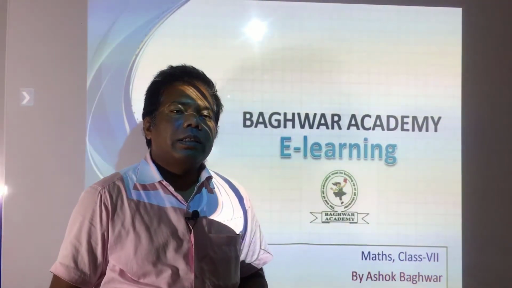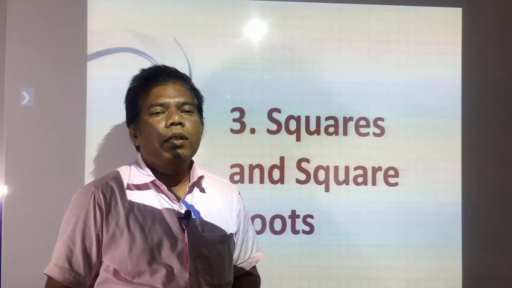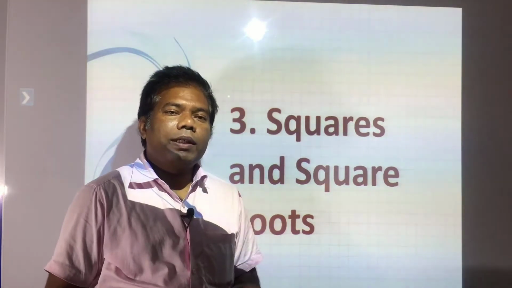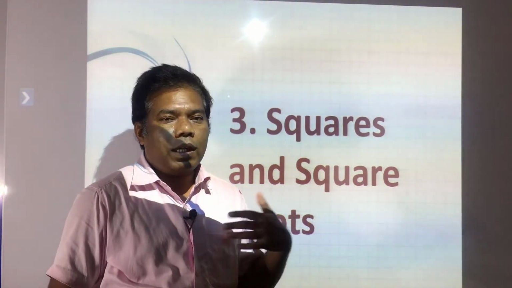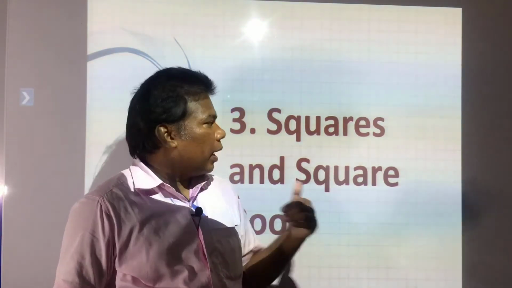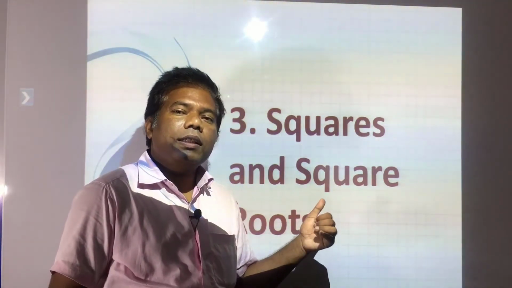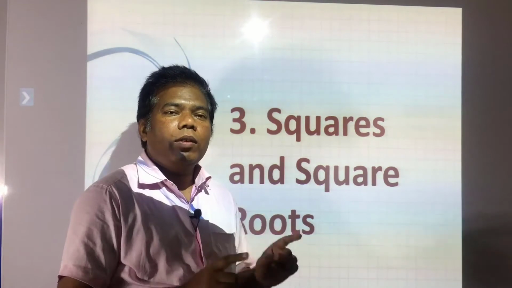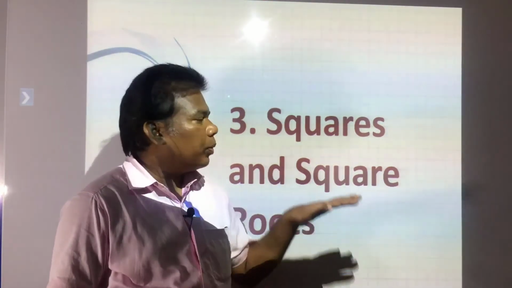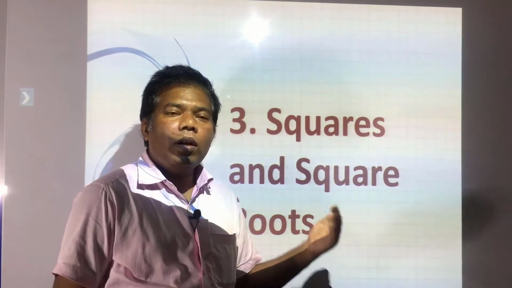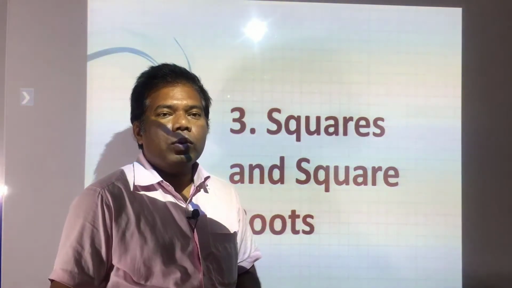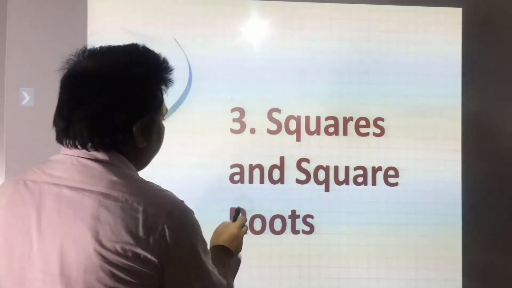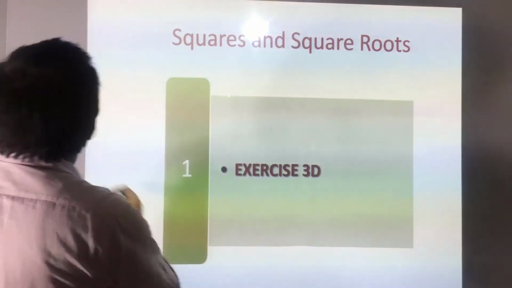As we have been doing squares and square roots, already we have seen how to find the square root by the prime factorization method. Already we had seen solved examples and I hope you must have started your exercise 3D. But again we will see exercise 3D. So, those who have not completed till now, just be with your pen and pencil and together try to complete. Up to here, whatever class is going on, you must keep up with that, so that together you can learn, you must not lag behind. So, let us start. We are going to see exercise 3D.